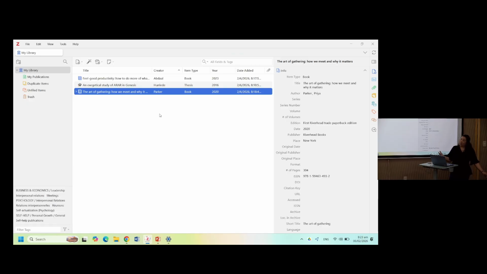That's why we said earlier, garbage in, garbage out. If your information here is incomplete or inaccurate, then when it generates a citation, it will also be incomplete and incorrect.